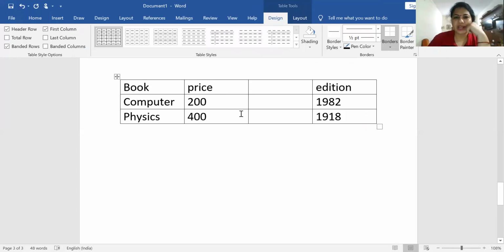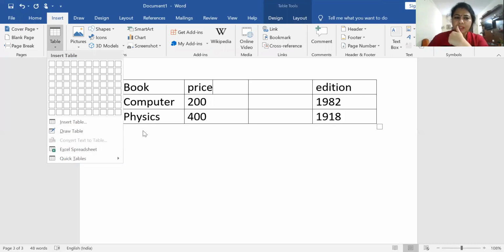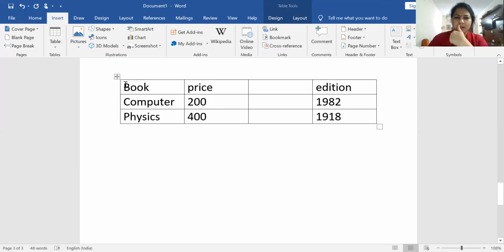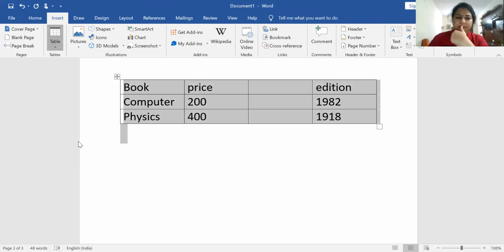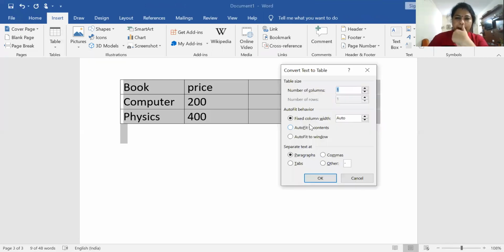So what is the procedure I have followed? First you type the text by giving proper gaps, then you select the text, then go to Insert, then Table, then convert text to table.